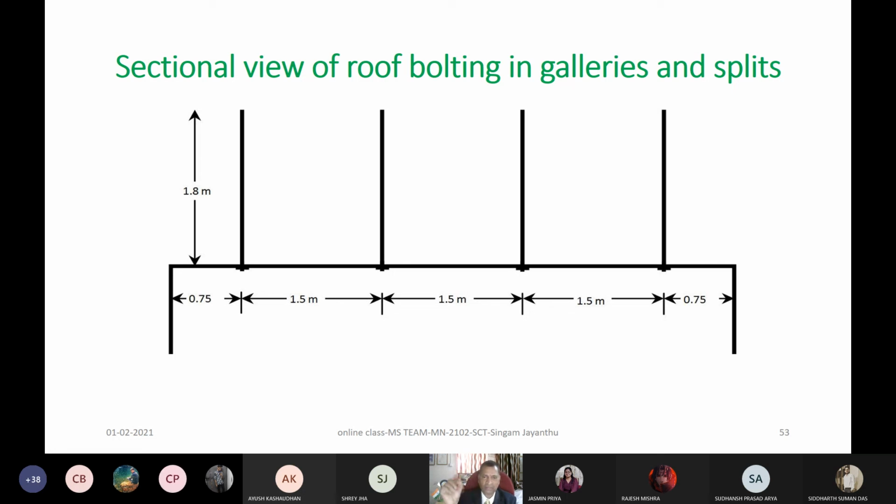combination of a bolt and along with the bolt your grout, what type of grout you are using, whether it is very simple cement mixed with sand, or sand mixed with some hardcrete, shotcrete for quick setting, or another quick setting type of cement, or a resin capsule or grout, whatever, right? So these types of experiments, a lot of experiments we have done along with our beloved Dr. T.N. Singh Saab, whose book you are seeing, with whom I was working for about 10 years, a decade, in CMRS at that time when he was writing that book.